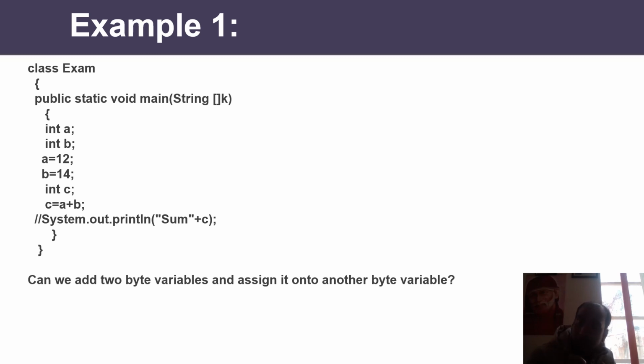This is going to be asked in the interview: what will happen if I add 2 byte variables and assign the result to a third byte variable? Definitely that is a compile time error, and I have told you in the previous session that it is mandatory, when you say error, to be precise about which type of error it is, compile time or runtime. So this is a compile time error Java produces when you add 2 byte variables and assign to a third byte variable. You can add 2 byte variables, but you have to assign to int or some other data type.